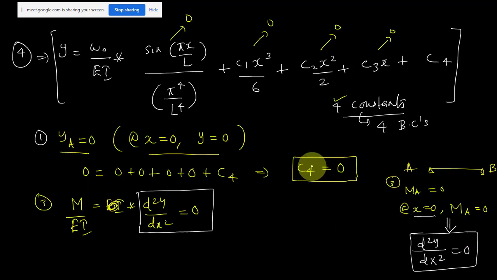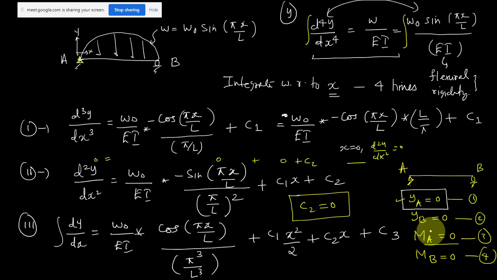So now I have solved the second constant of integration, c2. First we got the value c4 equal to 0, and now we got c2 equal to 0 from the third boundary condition. I applied this boundary condition in this equation, because at x equal to 0 your moment is 0, and the moment being 0 means d square y by dx square will be 0. So we apply x equal to 0 in this equation: 0 is equal to 0 plus c2. So you got the value of the constant of integration c2 from this equation. Now we can apply the remaining ones. The length of the beam, the span of the beam, is L.